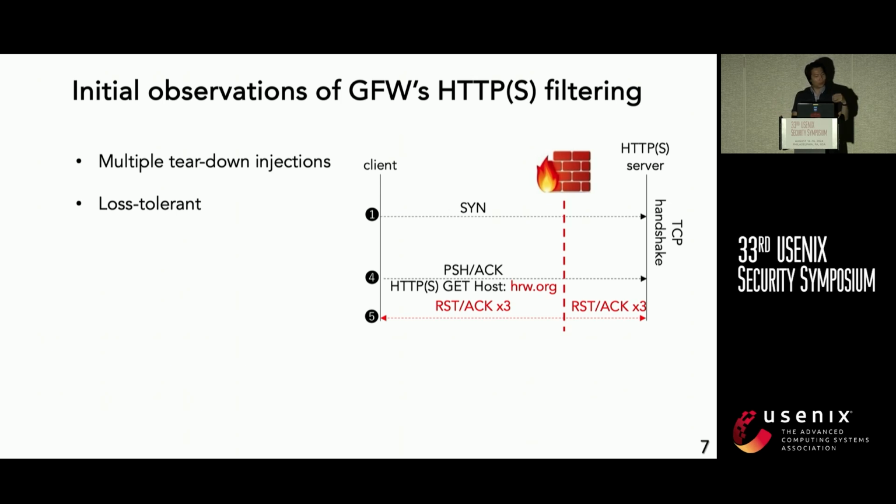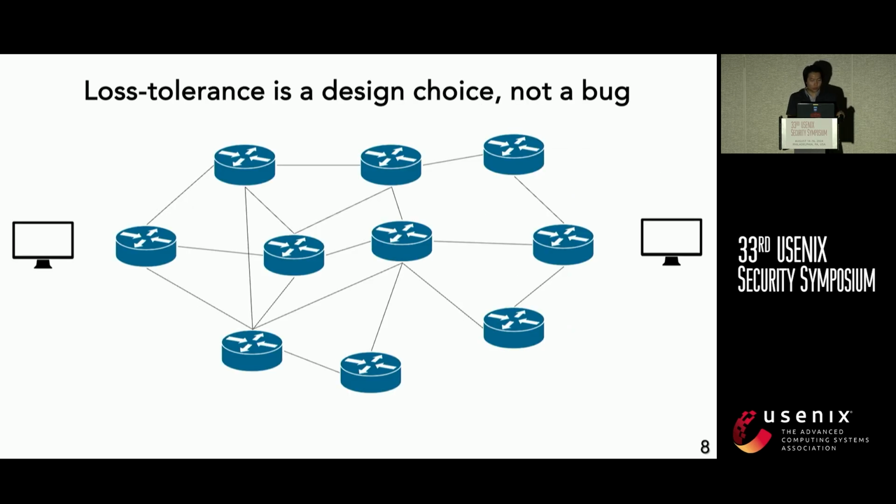But isn't that weird? It seems like a stateful firewall, but it was still triggered even though the 3-way handshake was not complete. I was asking myself, is this a bug? But apparently, it's not. The reason is that between two computers on the internet, when a packet goes